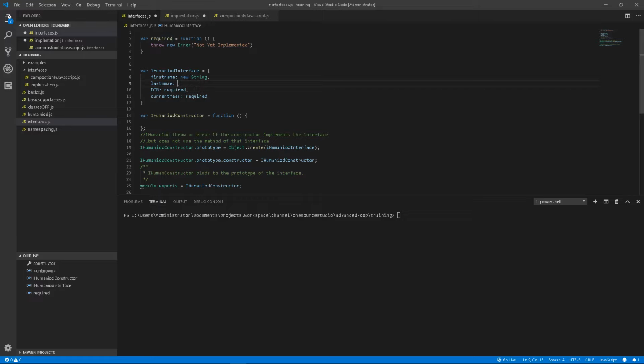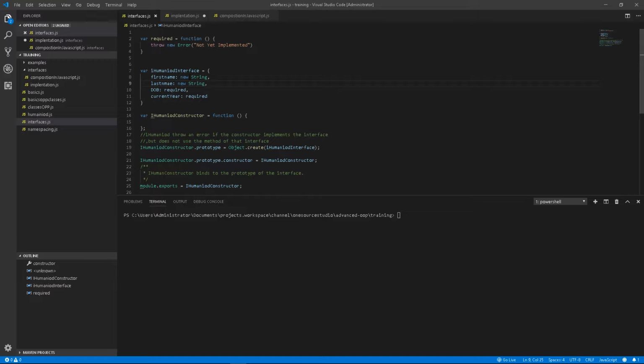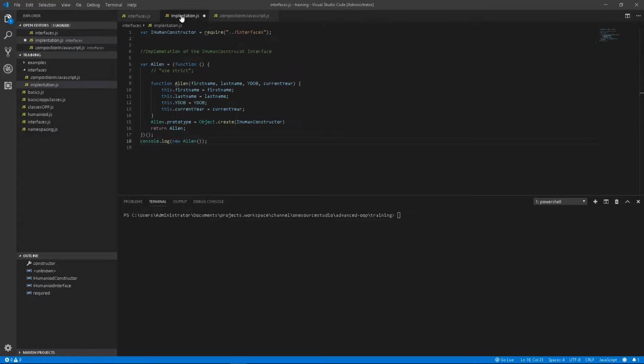Okay. I need to tune this up again a bit. It's all functions. We're not going to be using the function. We're going to implement from the string instead, because if you use a function, we're going to throw an error. We're going to throw the error when we want to do error handling, but we're going to have the current year required for the moment. So if we type a new alien dot